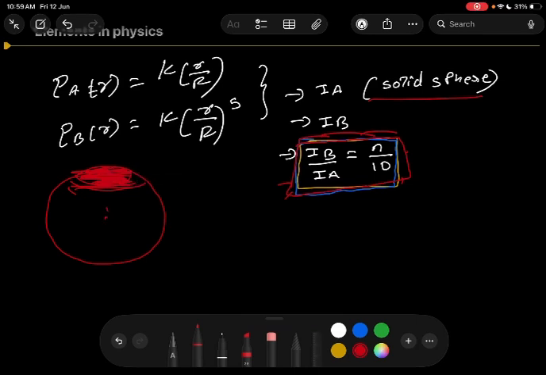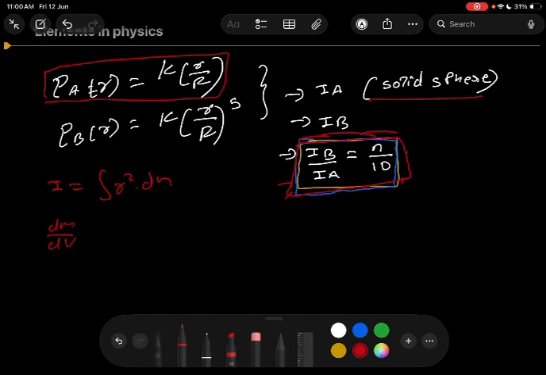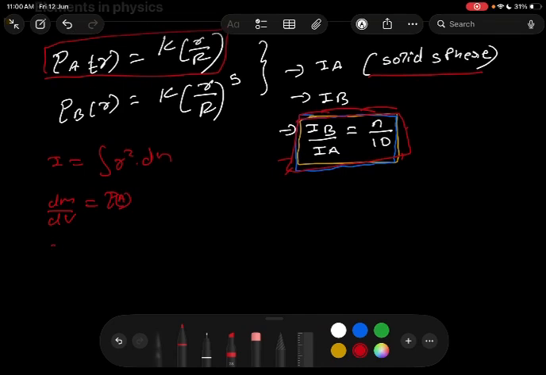But without this knowledge, can we do this question? Oh yeah, absolutely we can do this question. We know the formula of moment of inertia, I equals integration r square dm. That's it, right? So what is dm? In this case, we have gotten the density as a function of r. We know that dm by dv is equal to density, and dm equals density times dv. And what is dv? Basically,